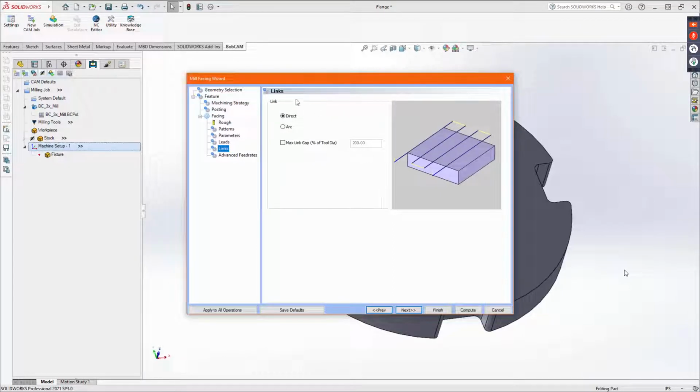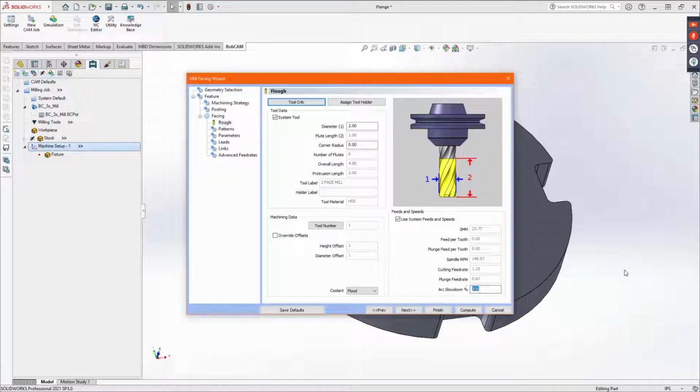Then you have your linking. So direct link is just going to do a 90-degree turn, where arc is going to do a radius. Now, I've run into a couple of questions before where people have asked if this can be converted to a rapid for large parts where your stepovers are huge because the end mill is huge. Now, what you can do, you can't convert it to a rapid, but you can use arcs, and on the